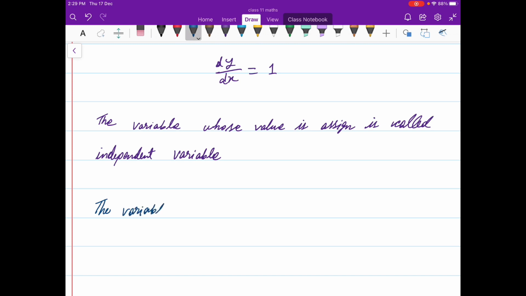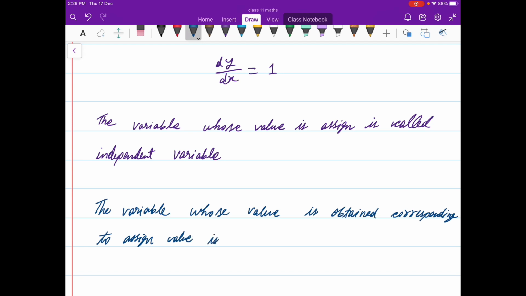The variable whose value is obtained corresponding to the assigned value is called the dependent variable.